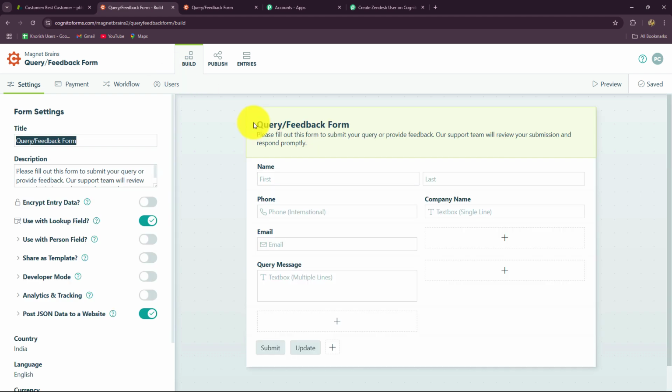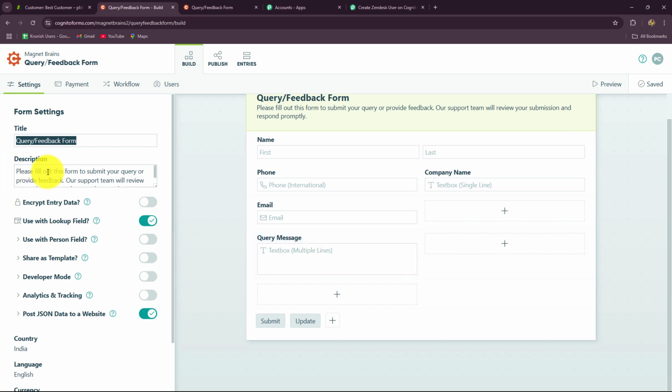So here the form is open in front of you. Here we have name, phone number, company name, email, and the query message in the form. Okay, here we have the description as well. So this is my form. After completing the full setup of your form, when all the fields which you want in the form are added,